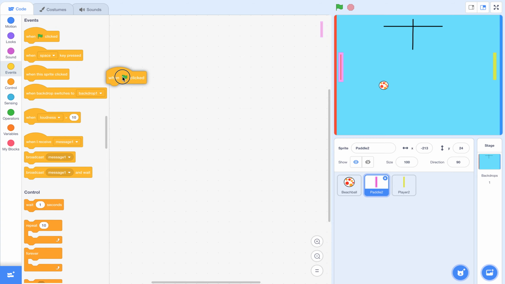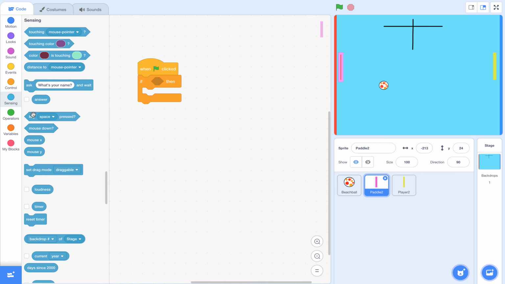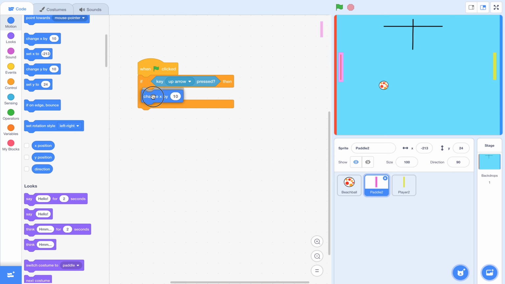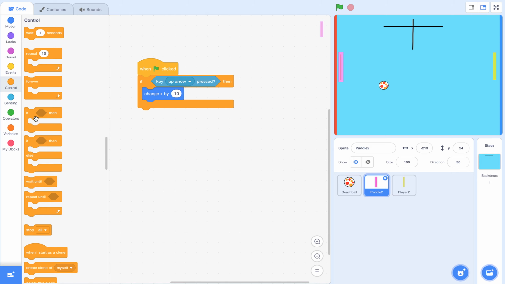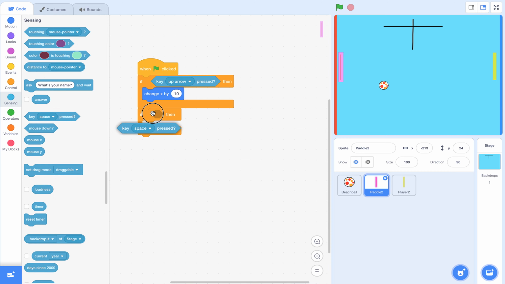So we want to have a head block that says when the flag is clicked, then say if the key up arrow is pressed, then we are going to change Y. Change Y by 10. Or else, if key down,